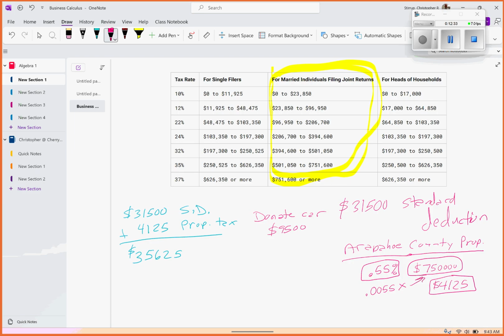Okay? So if you were to donate your car, and let's say your car sold for $10,000, they will send you the tax receipt saying your car sold for $10,000. So now you can offset your taxable income by $10,000, not $9,500. Okay, but if they send you the receipt and they say, hey, we didn't get high Kelley Blue Book value for your car, we only got $7,000 for it, you don't have to offset your taxable income by $7,000 because you donated your car. You automatically get the high Kelley Blue Book value to offset your taxable income.